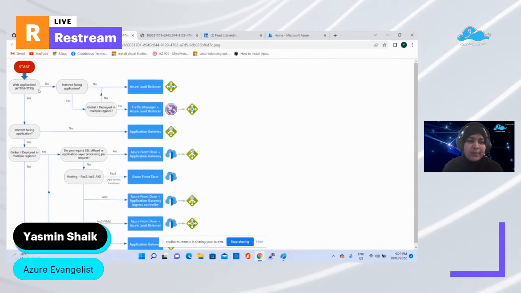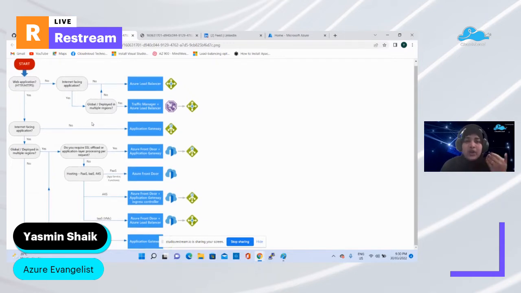Okay, let's say you have a web application. You have to consider whether your web application is going to be public facing or a private application, where only the authorized users of your organization are going to use it, or whether the application is public, which anyone with the internet can use. You have to decide whether the traffic hitting your web application is HTTP or HTTPS, and whether it is going to be deployed globally or in a particular region for customers of that region.